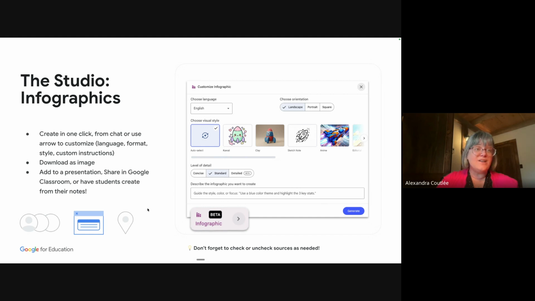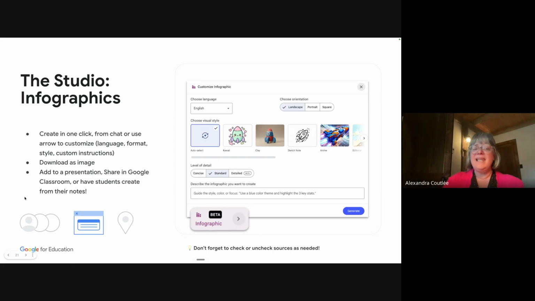And one idea that I saw a teacher create was to have students create infographics from their notes. So they took class notes, then imported their notes into NotebookLM, asked for an infographic, and then in Teams, they looked at the infographics and decided which one was the most precise, basically debating who took better notes and using the infographics as a discussion activity to see if they understood, if they took great notes, and if the infographics were actually relevant.